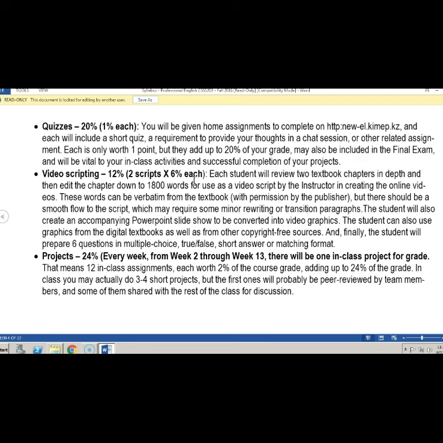Also, there are questions within these textbooks, which might be essay sort of questions, and you'll have to rewrite a few of them, the ones you think are important, into multiple choice or true/false or matching questions, something that the e-learning system can grade.